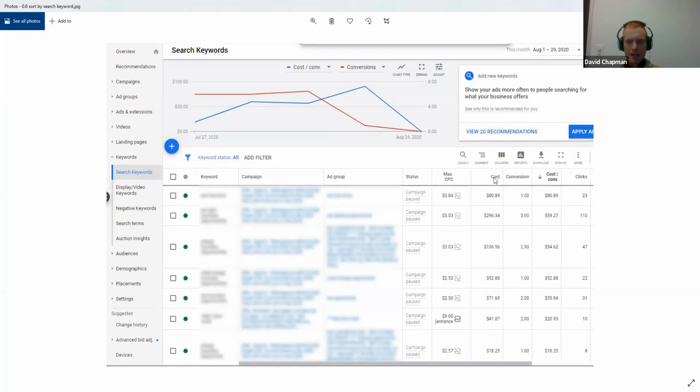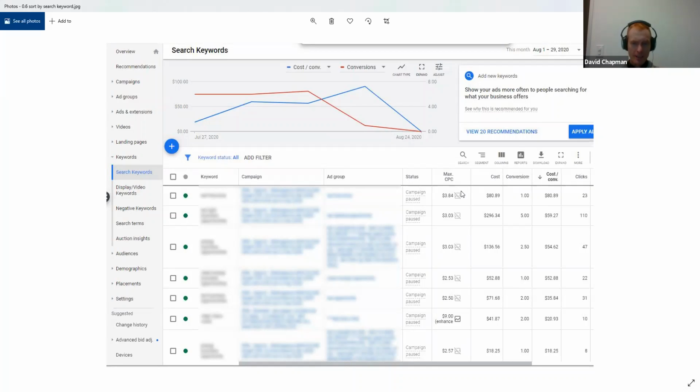Depending on your patients, I would say 2 to 5 times your target cost per lead or cost per conversion. That's when you want to either turn things off or greatly reduce the cost per click. And you can see here max CPC. So you can adjust the max CPC if you're on